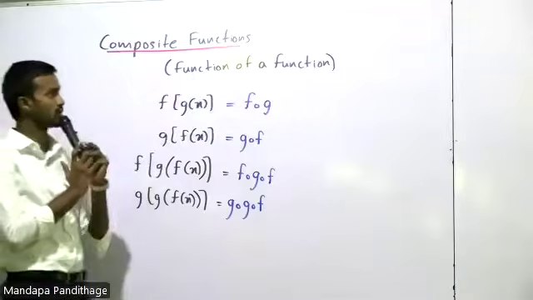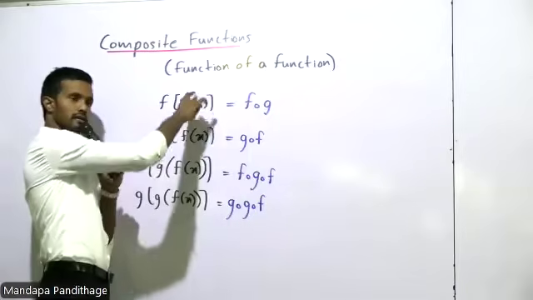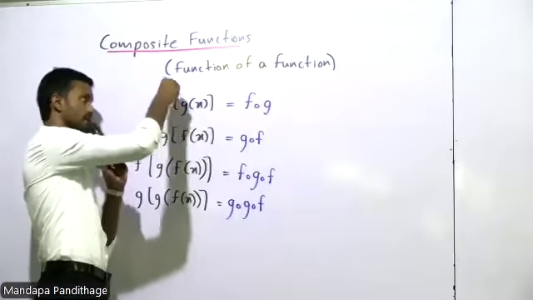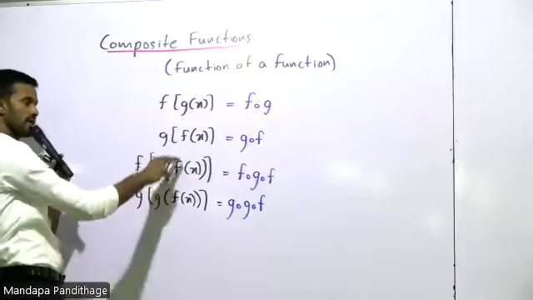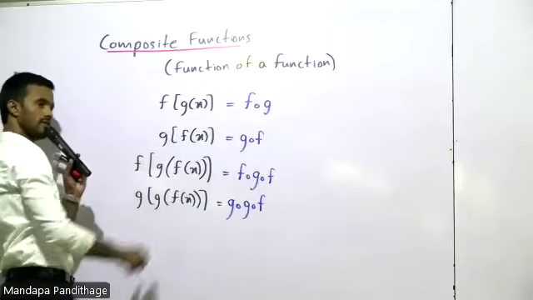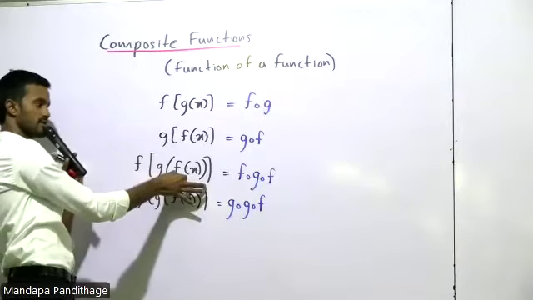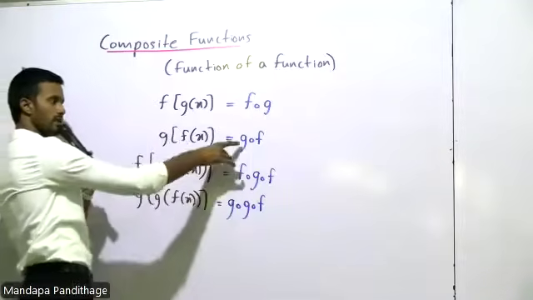Okay, so when you're talking about composite functions, I told you here the independent variable becomes a function. So inside this function f, we are having another function. Not only two functions, there can be even three functions. So inside the g, we got f of x, and then inside this f, we have this entire term. So this is how we denote